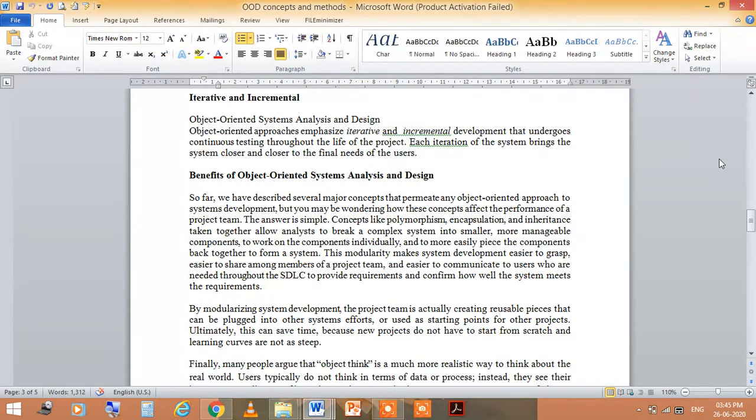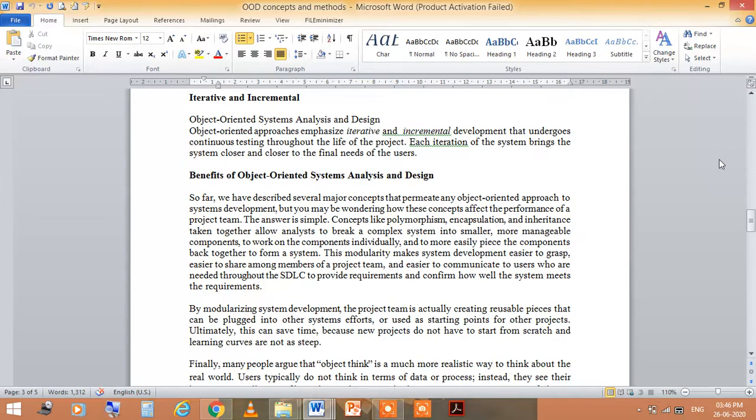So we need to develop a small prototype so that after the satisfaction of the user, we will elaborate it, or continue processing it, or there might be some changes suggested by the user. So we will do some modifications in that prototype. That's why this is called the iterative and incremental model.